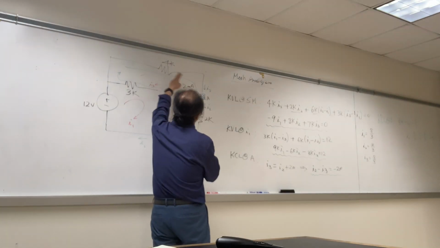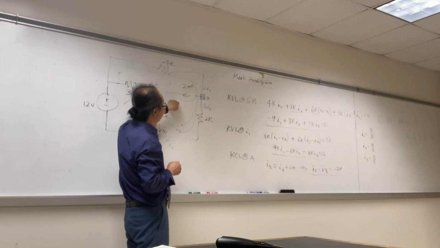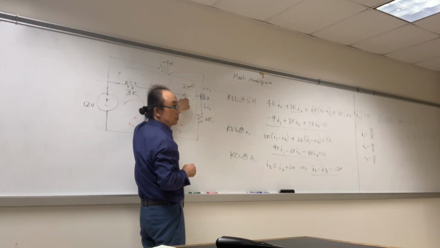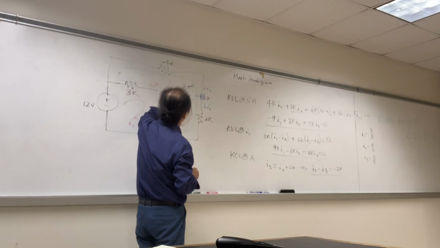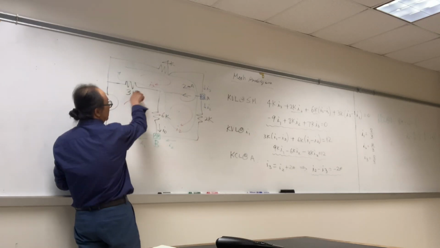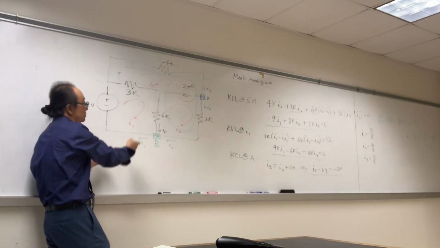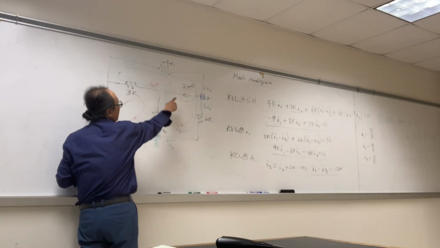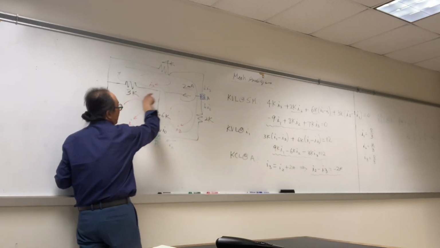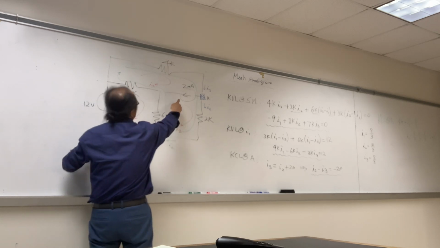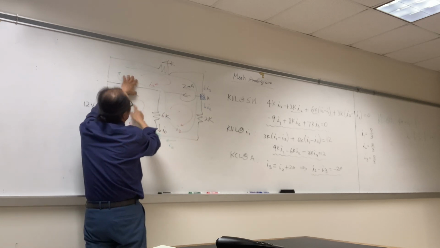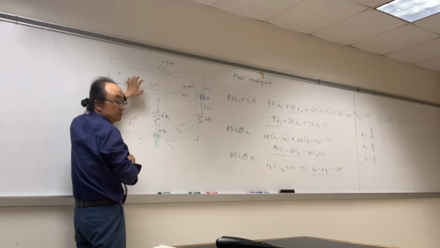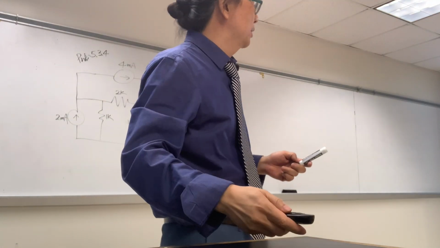Yeah, and the super mesh, right, because this independent current source is between I sub 2 and I sub 3. I sub 1 is itself, so there's no current source, so that's what we did, KVL I sub 1. If we have the current source in here, then we're going to have a super mesh in here. If this current is here, we're going to have super mesh including I sub 1 and I sub 3. So we want to find